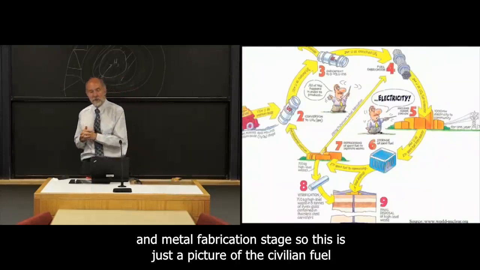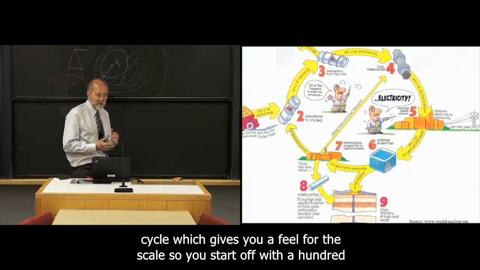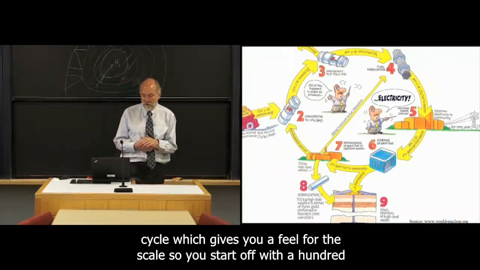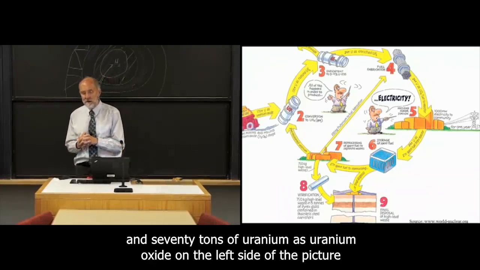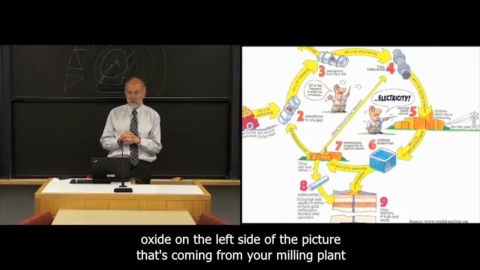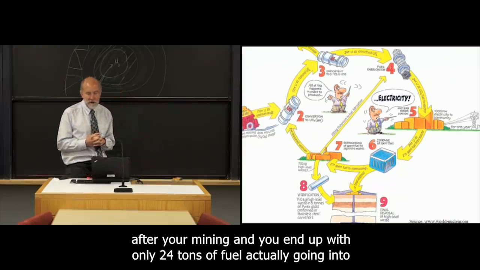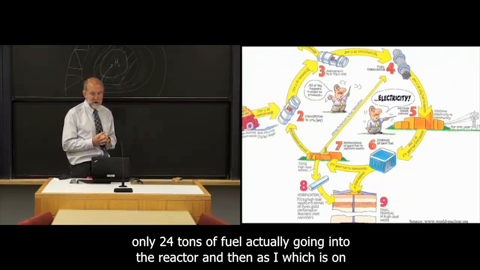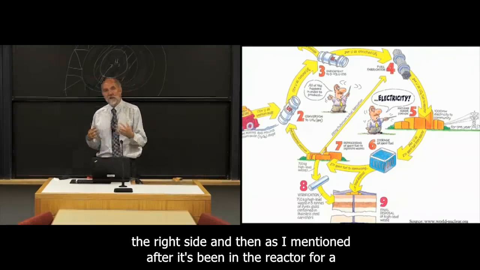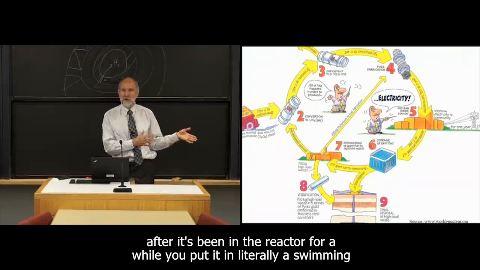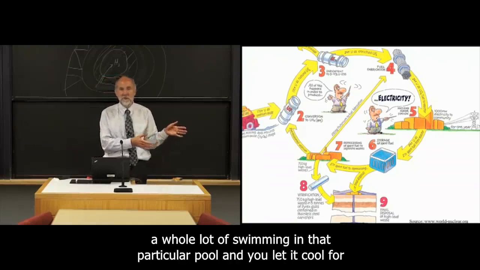So this is just a picture of the civilian fuel cycle, which gives you a feel for the scale. You start off with 170 tons of uranium as uranium oxide on the left side of the picture. That's coming from your milling plant after your mining. And you end up with only 24 tons of fuel actually going into the reactor, which is on the right side. And then, as I mentioned, after it's been in the reactor for a while, you put it in literally a swimming pool of water, and of course you don't do a whole lot of swimming in that particular pool,